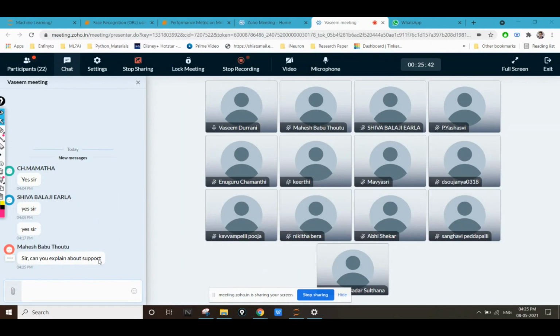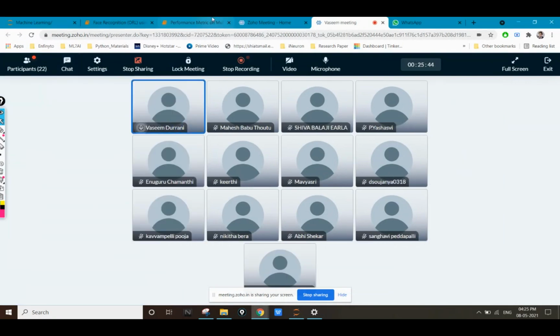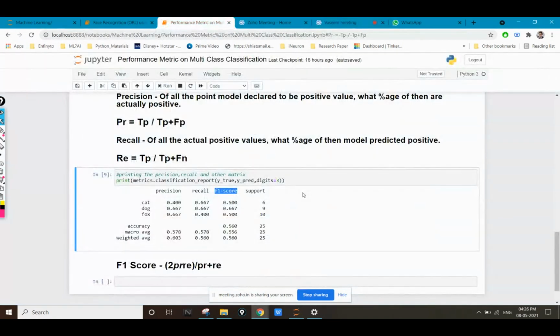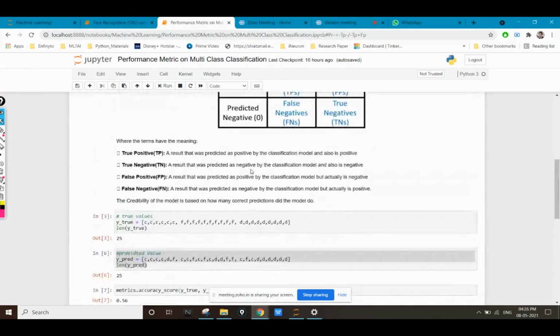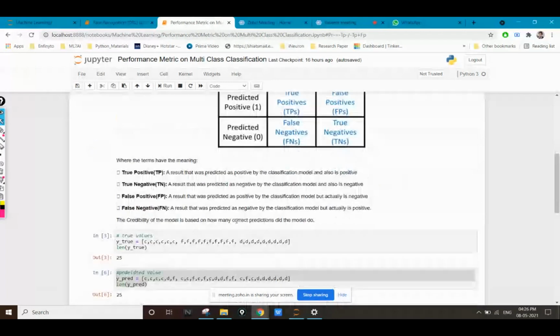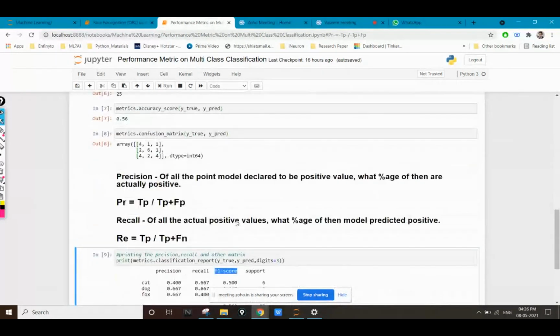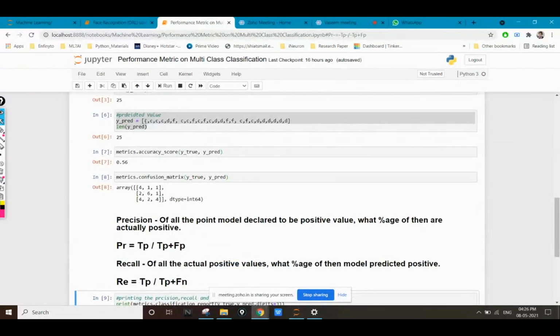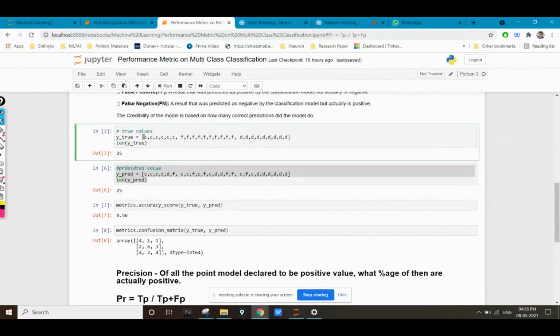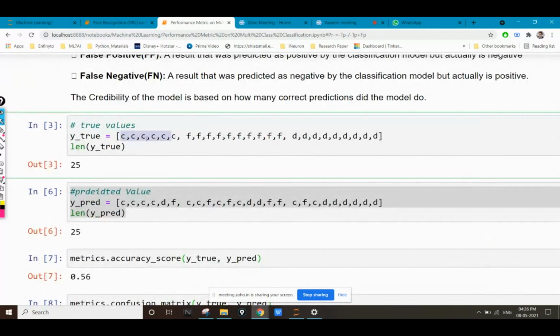Sir, can you explain about support? Support is basically the total number of values. You can see here in the cat class, the actual values of cat were 1, 2, 3, 4, 5, 6. We have 6 values of the cat class actually.